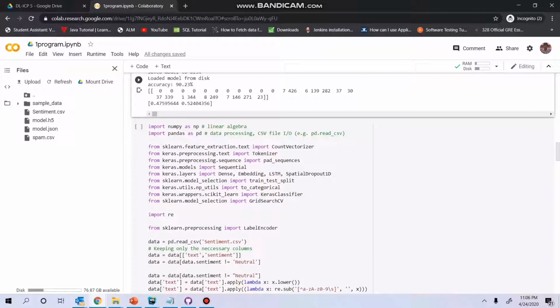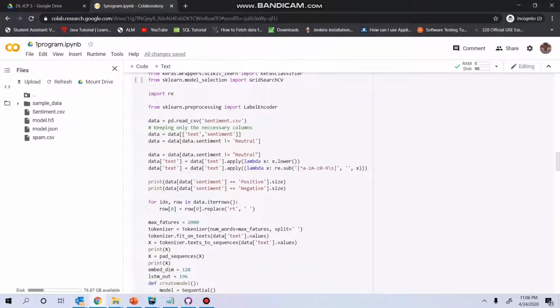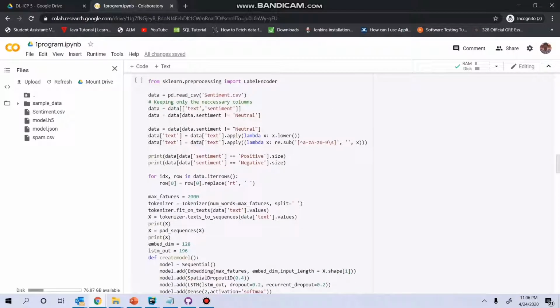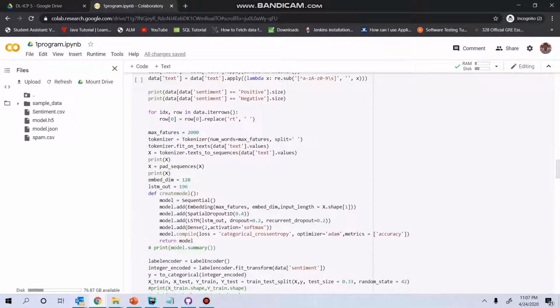Saria has explained that before that we are going to import all the libraries, and then we will do the pre-processing using label encoder, and the same sentiment CSV we have used for this. Then we have created the model. Before that we will use the padding sequences to make the data the same length, and then we started adding the layers, dense layers, and the final output layer with two neurons and the activation as